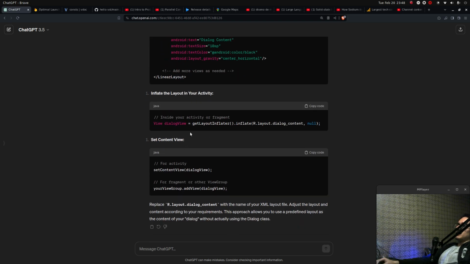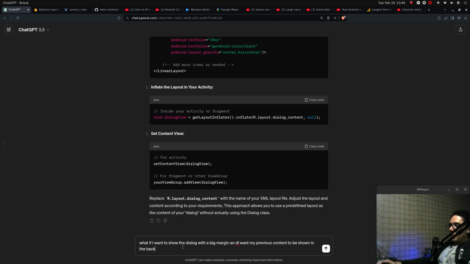I have done that. Inflate dialog. Done that. Set content view. Okay. What if I want to show the dialog with a big margin and I want my previous content to be shown in the background using